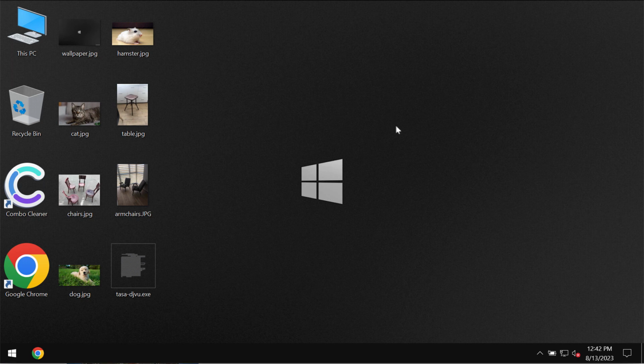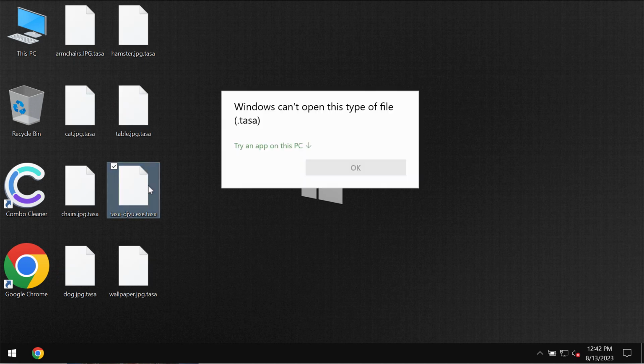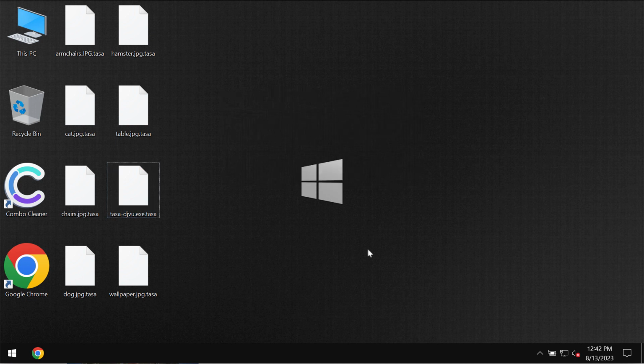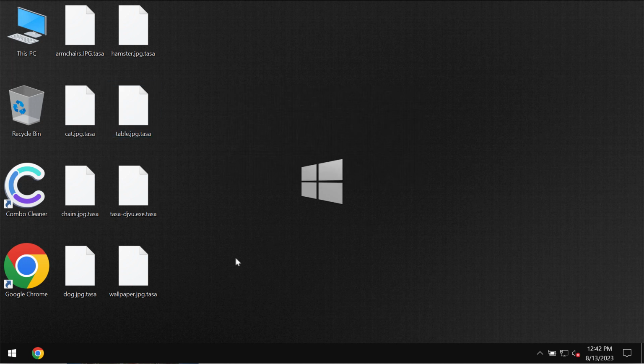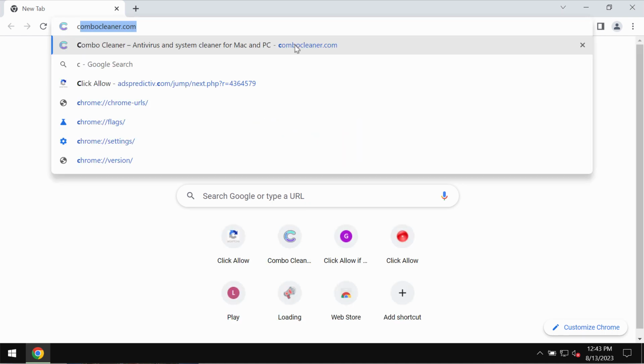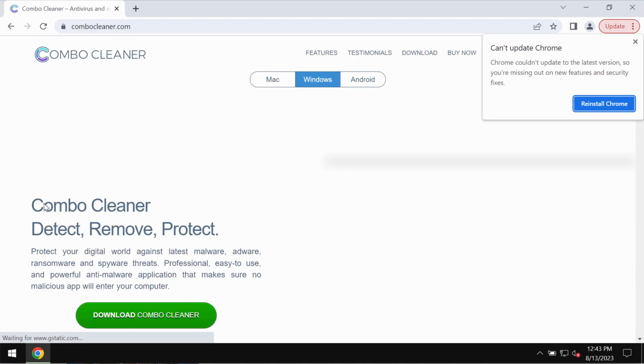The ransomware then tells the victims that they need to pay a certain ransom for file recovery. Nevertheless, paying the ransom is certainly not a good idea, and this does not guarantee file restoration. If you pay the ransom, you may just waste your funds. Don't pay that ransom. I recommend you remove this ransomware urgently with Combo Cleaner Antivirus by directly going to